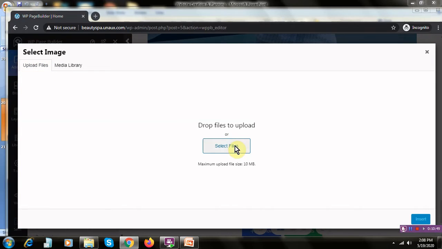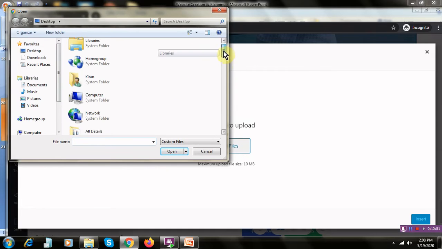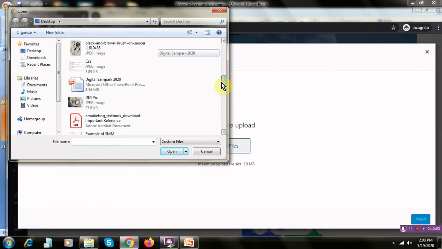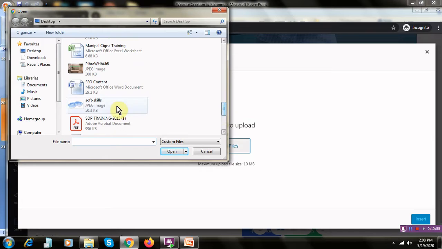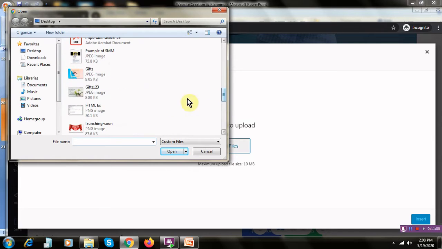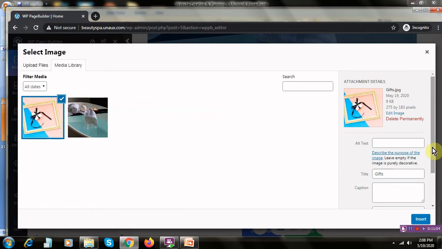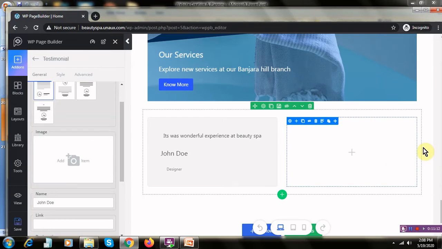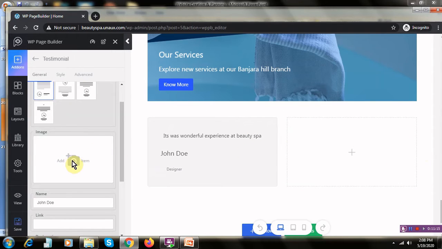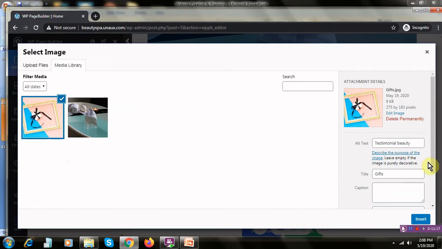You can add any of the pictures that you have. A default picture, if you want to add, you can put that. It is generally a person's name, so person image. So testimonial, beauty, whatever you want to write. Once it is done, oh, it is not uploaded yet, so you can insert now.